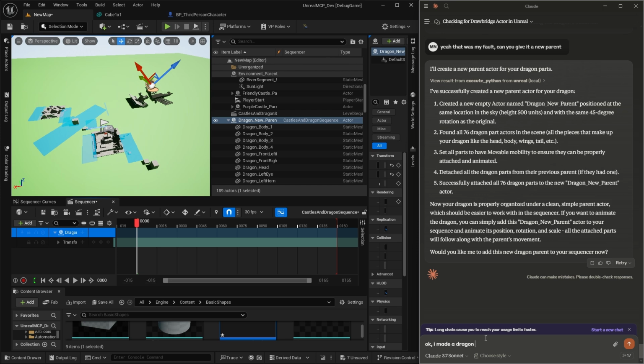Made a dragon. Added the dragon to the sequencer. Can you give it some keyframes?